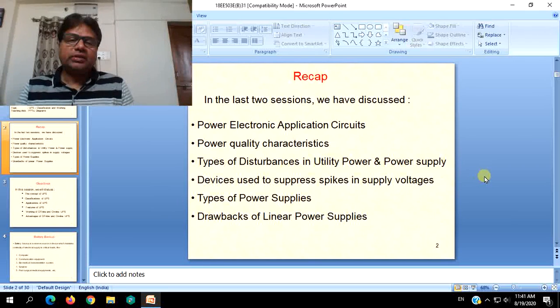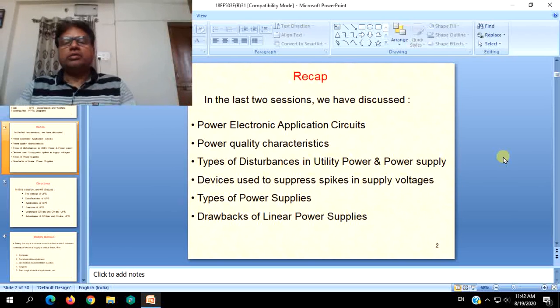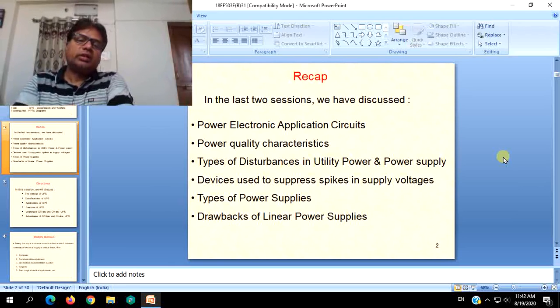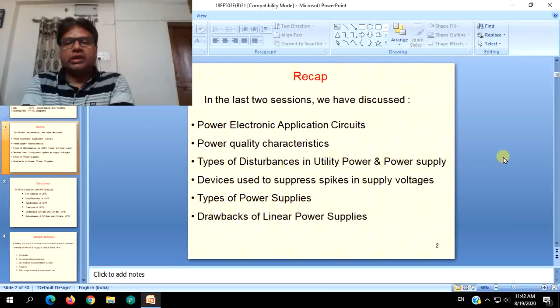And after that we discussed the types of power supplies, and the drawbacks of the conventional type or linear types of power supplies. Now they are not used for mainstream applications. We will be finding these linear power supplies mostly in electronic laboratories, where we will be using these power supplies as an intermediary source where we can regulate the power coming out of the actual single phase supply we have from the DISCOM and the load.